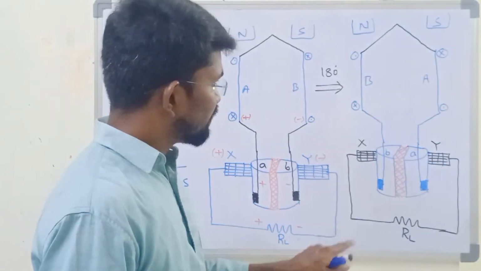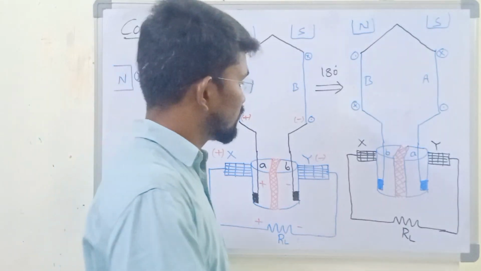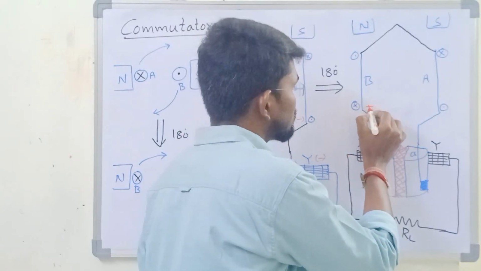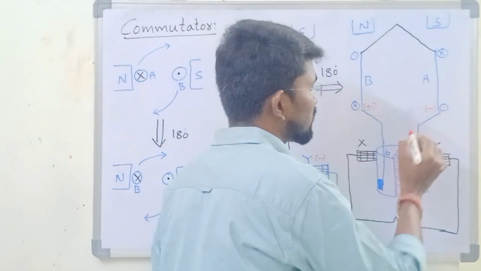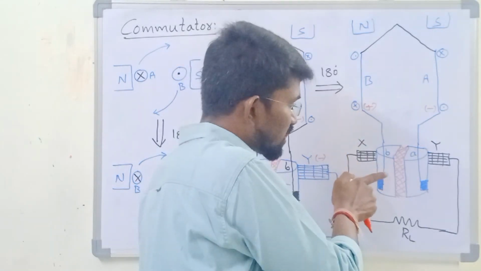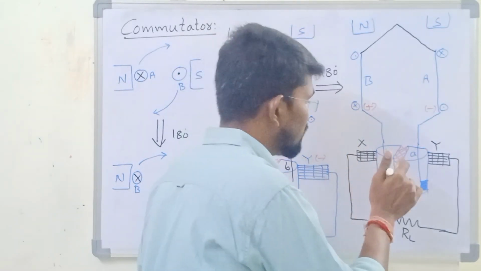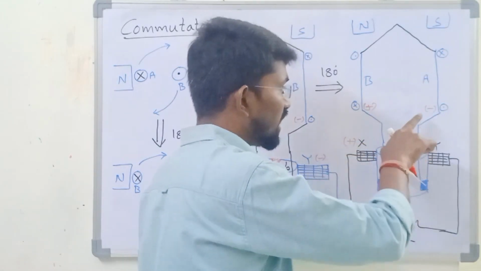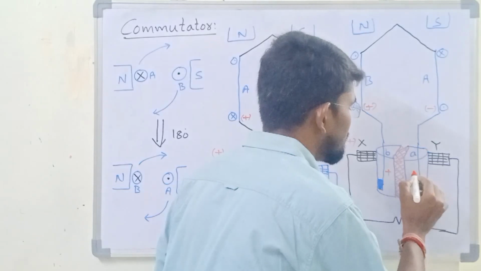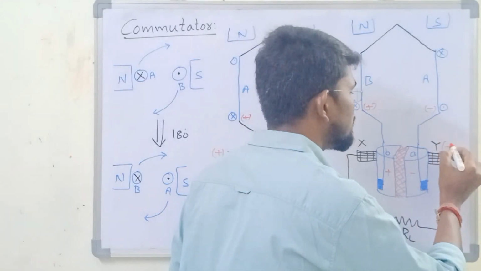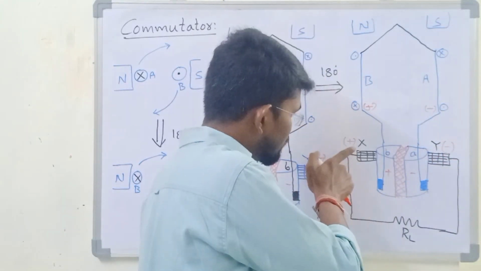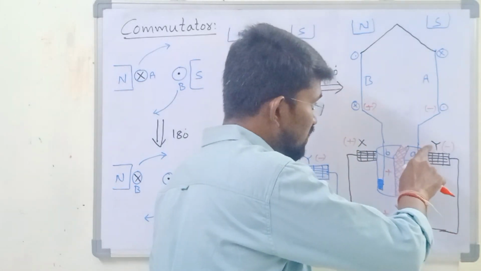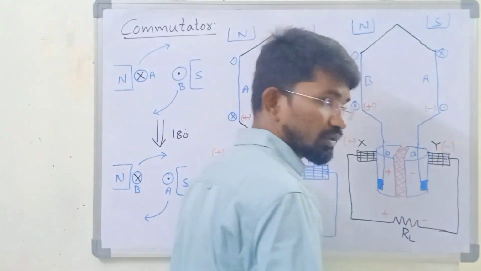Now let us understand the voltage across this load circuit. Now we are taking the positive polarity across cross, and we are taking the negative polarity across dot. And as this conductor is permanently connected to this segment B, this will experience a positive polarity, and the same polarity will be experienced by the brush X. And as this is negative polarity, the same polarity will be experienced by the segment A, and the same will be experienced by the brush Y. As brush X is having positive polarity, the same polarity will appear here. Brush Y is having negative polarity, the same polarity will appear here.